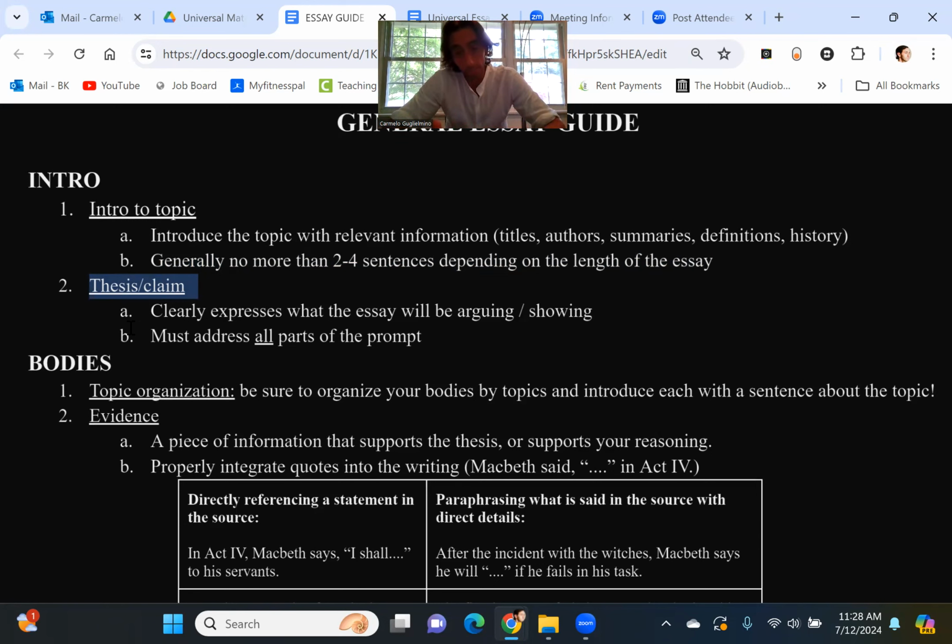Now, what if you don't have a thesis in your essay? I give the same rule as with the summary. If you don't have a thesis, I usually will fail my students right off the bat, because what has it demonstrated to me? It's demonstrated that you might not even know what you're supposed to be writing about. And it also demonstrates that you don't understand these really fundamental points of essay writing. So right off the bat, you will receive a 50% in my particular class if you are missing a thesis and or if your summary of the text, or whatever it is you're writing about, goes excessively beyond the length of like 4 to 5 sentences.